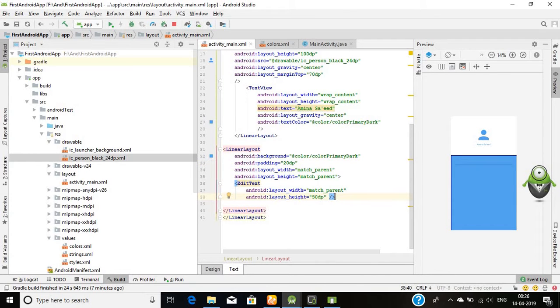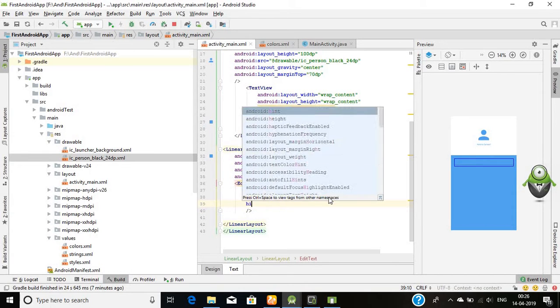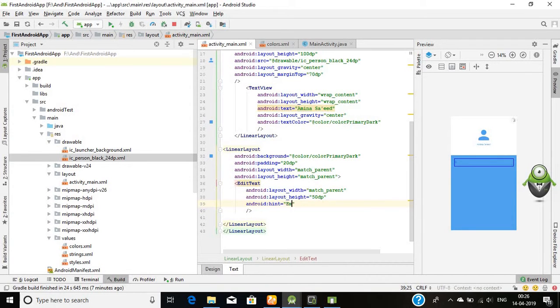Fine. This will contain the hint, email, and its hint color will be white, that is color accent,